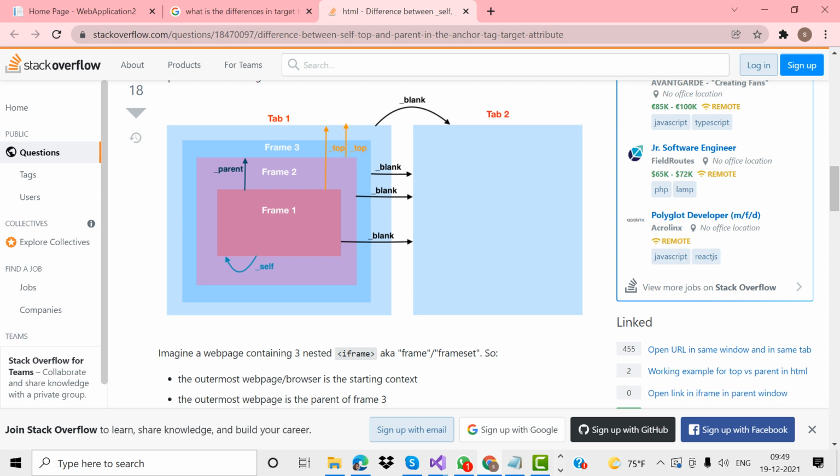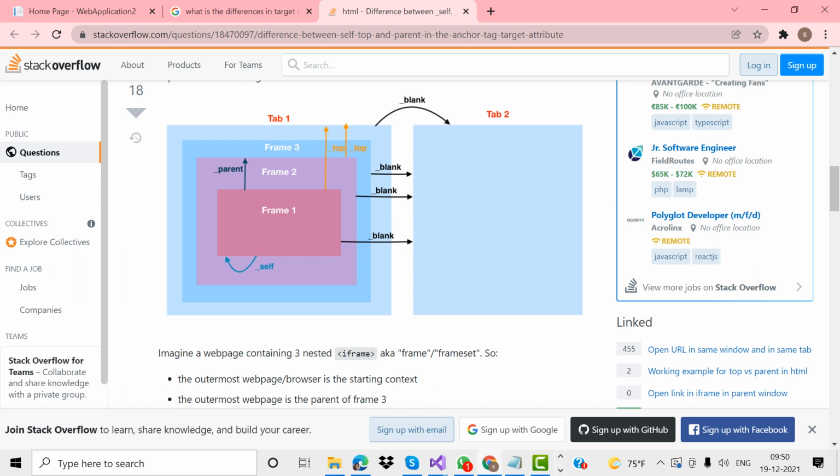If the anchor target in frame two is parent, it redirects to frame three. If I mention the target type top in frame one, frame one will fall into frame three only, and frame two also falls into frame three only. If I mention blank in all the frames, it will be redirected